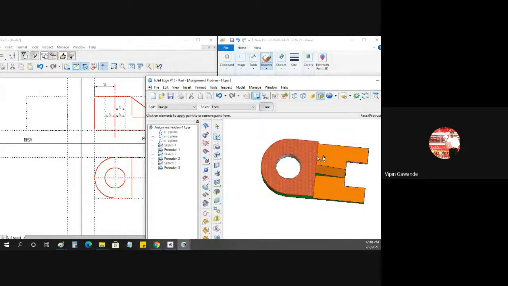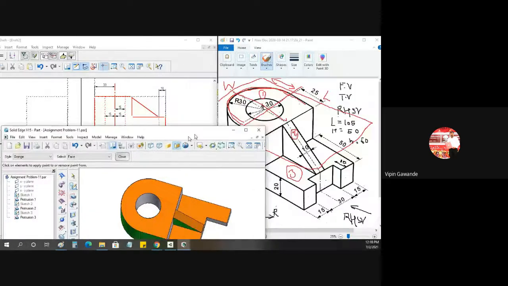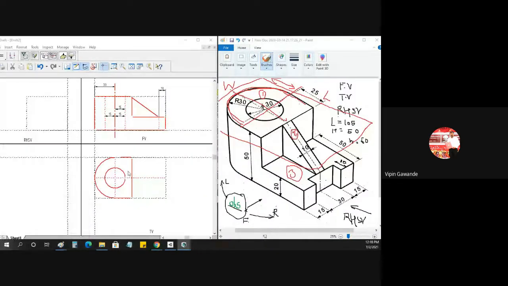I told you, just imagine you are rotating the object in front of the observer, so you will get the perfect top view. Now what is remaining? Now the bottom surface. We'll start with the bottom surface. This is an easy one. What is visible in the bottom surface? We have to draw this surface here, like this cutout surface.